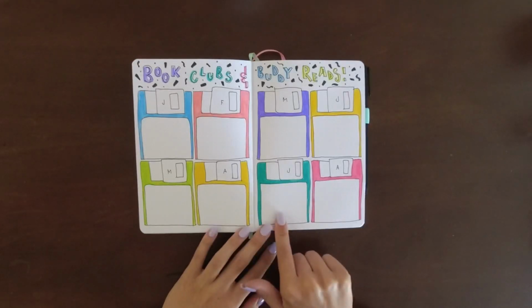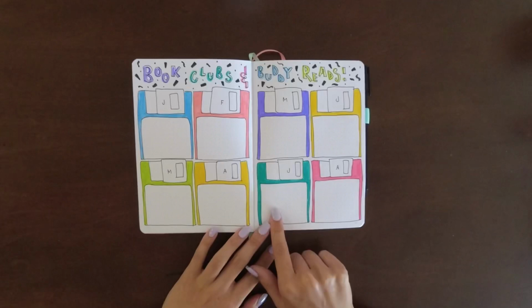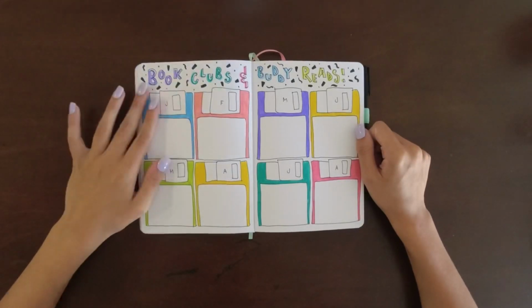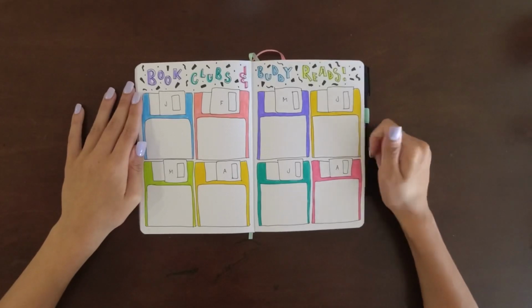I've done them in these little floppy disks because, do you guys remember floppy disks? I have not seen one of those in, I don't know, 20 years. When did they go out? But yeah, back in the day before USBs. Anyway, so I have one of those for each month of the year, and then obviously, again, because I haven't